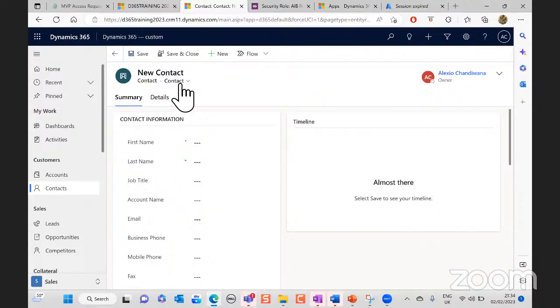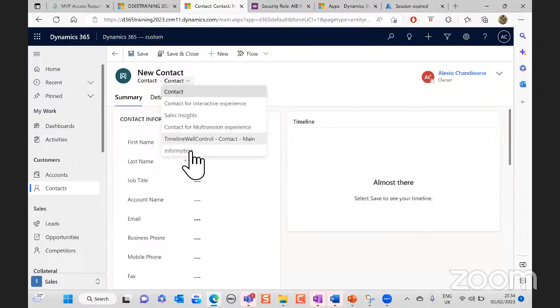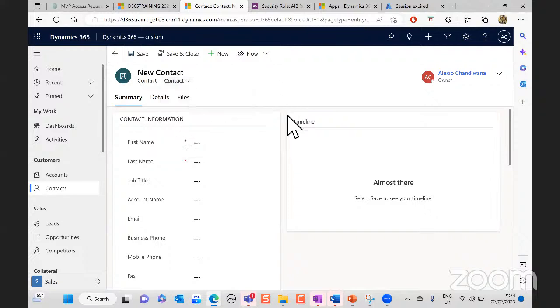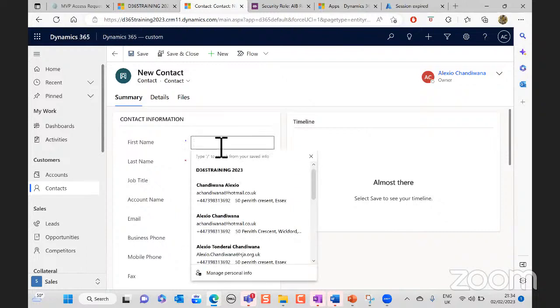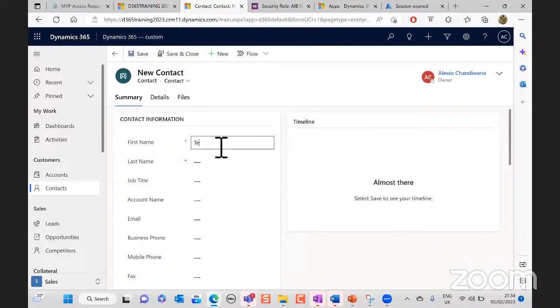We can have multiple forms, and those will be controlled by security. If we see here, out of the box, you get all different sorts of forms. Some organizations just use one. Some use multiple, and they restrict permissions from the access control point of view. What you then see here are our fields. So in here, we can put test 1, 2, 3, and then,